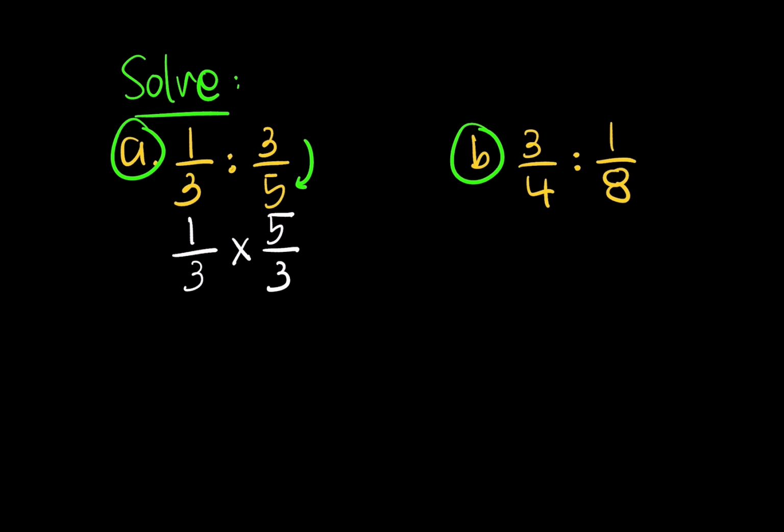Then you multiply all together. Then this is going to be 5 out of 9. And the second one,